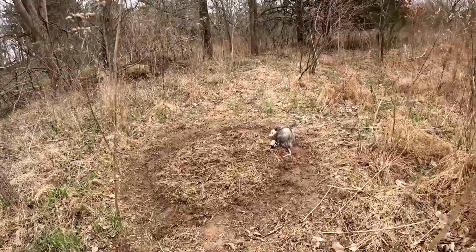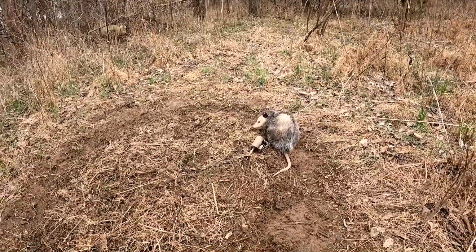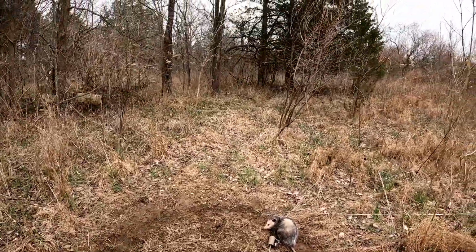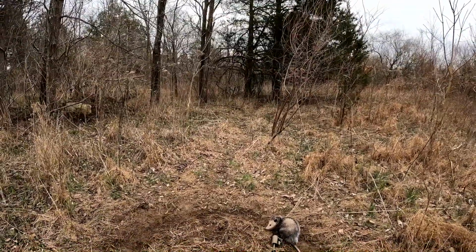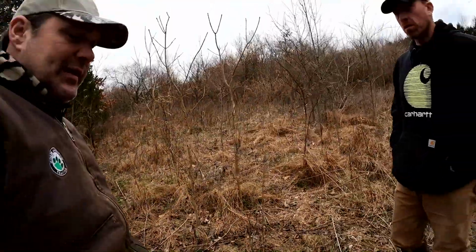Another big possum. Pretty fur on that one too. Pretty cool. But yeah, we'll just remake it, put it right smack dab in the catch circle. You can see that trail that goes out through there. It's definitely an animal highway, and got us another nest raider. But yeah, Mark, when you find these trails,